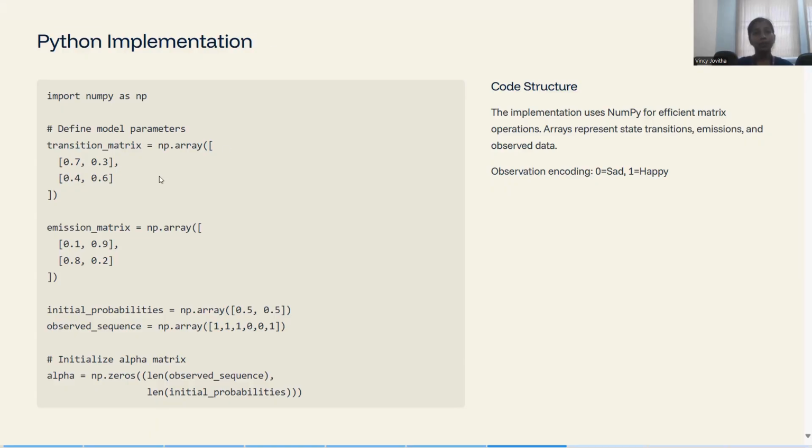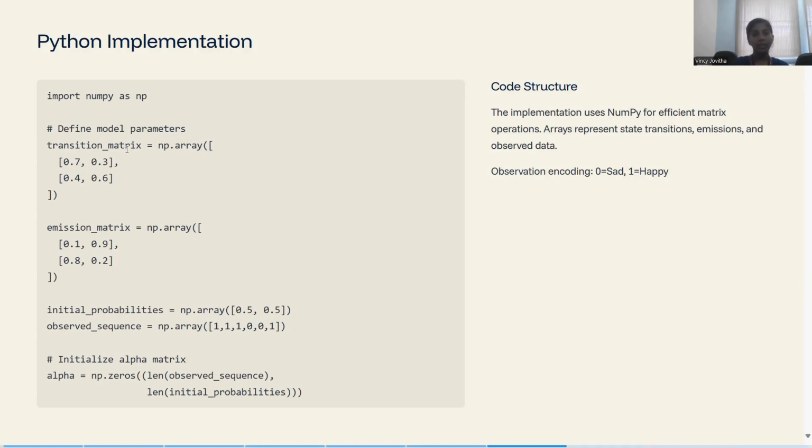And then we're going to first define the model parameters, which is the transition matrix over here. At first, we are creating an array with 2 rows and 2 columns. So 0.1, 0.3, 0.4, and 0.6. Looking at this, when we add up the rows, it should be 1. The sum of the elements in the rows should be 1, and then we create an emission matrix